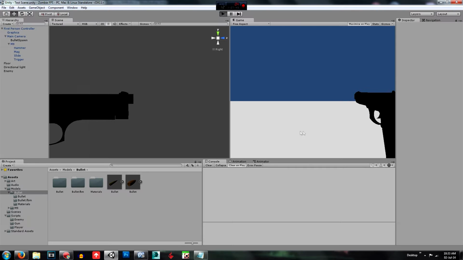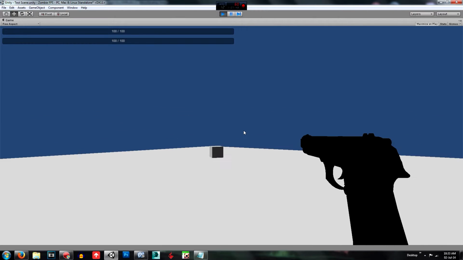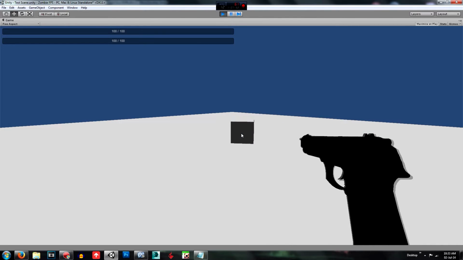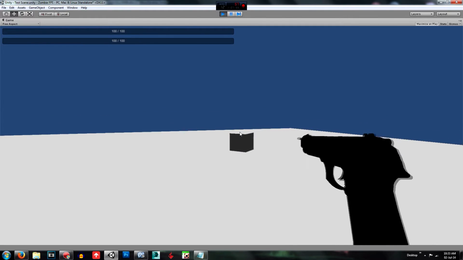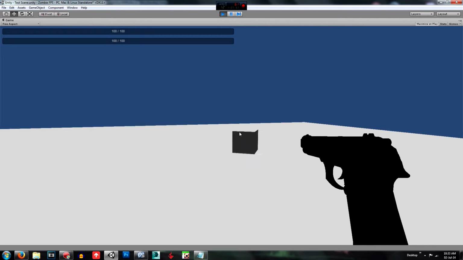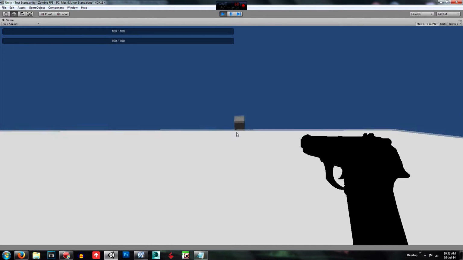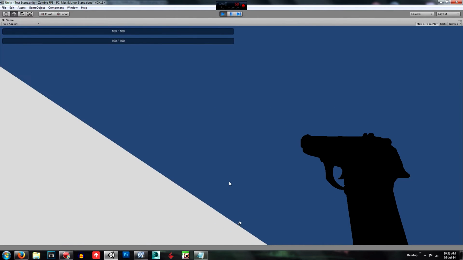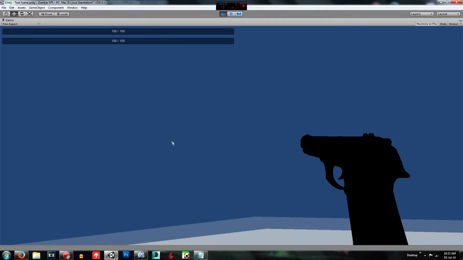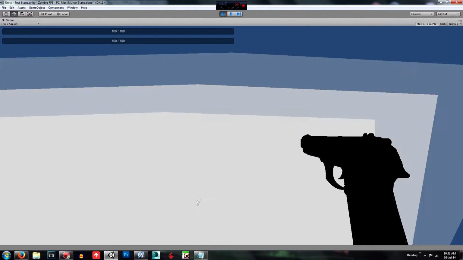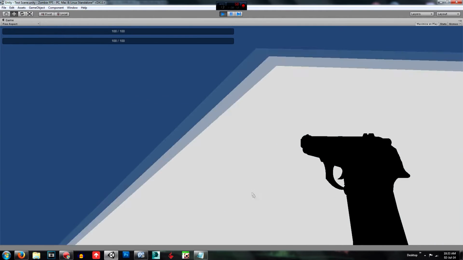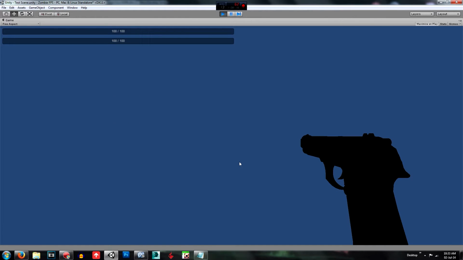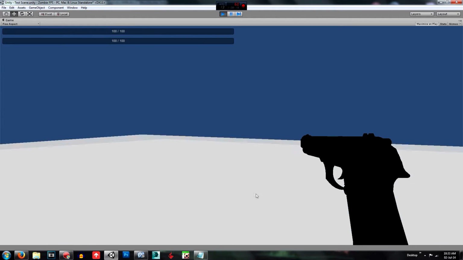So that's all working. It looks like it's working quite well. What we need to do though is cut the sound down and make sure it's finished before you shoot again. And we also need to make it so that the enemy takes damage when we shoot them, and we need to fix that. When this hits them, it doesn't make them fly away like that just did. So